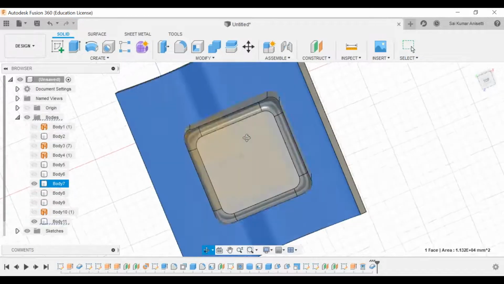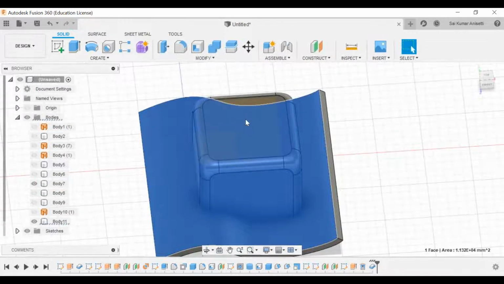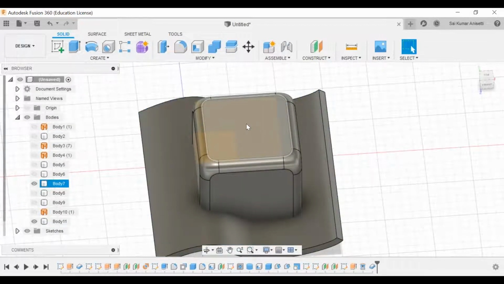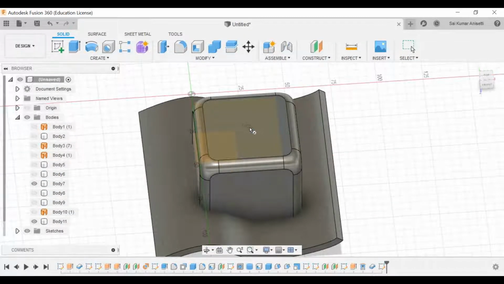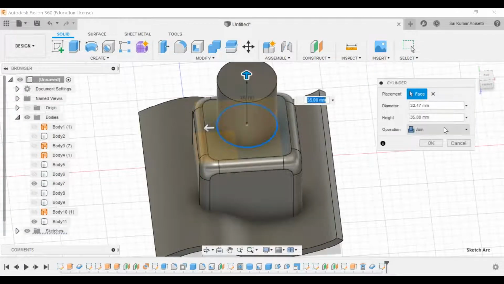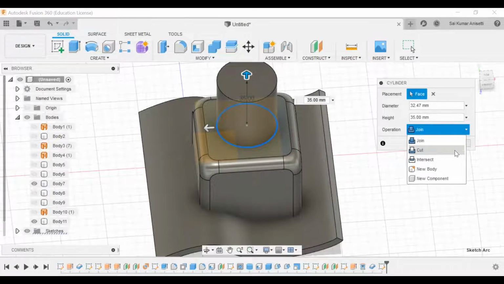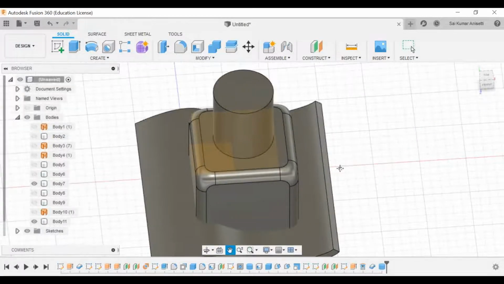If you want fasteners, or a hole on it, you can just make a simple cylinder. Let me take this face and create it, set the height and diameter, and make a new join. Click OK.